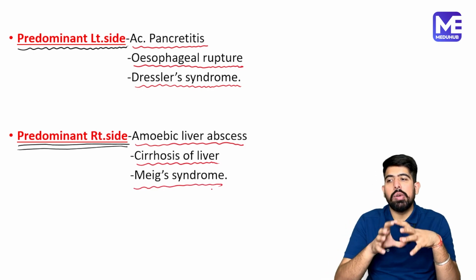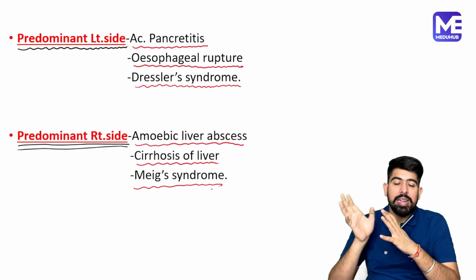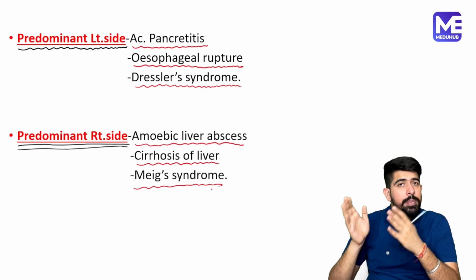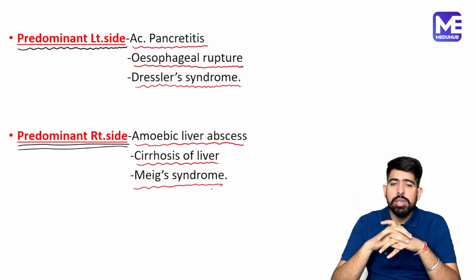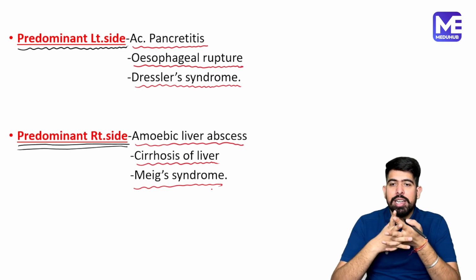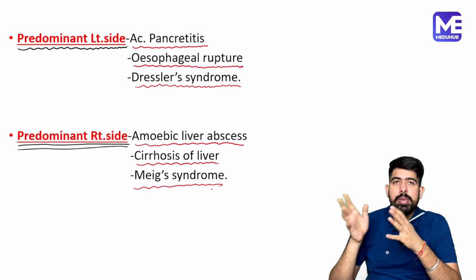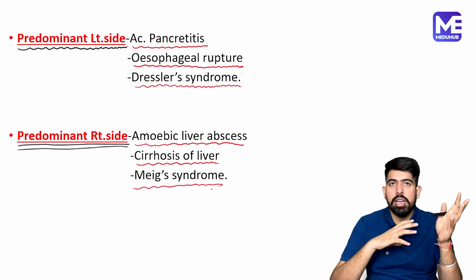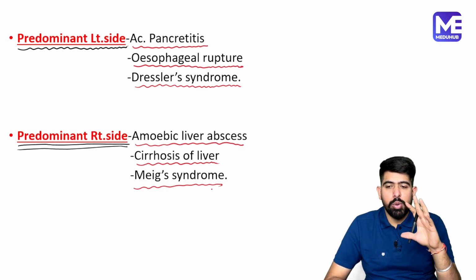If these are the causes of the pleural effusion, they will predominantly involve the right side. So some diseases depend on this, right? If pancreatitis is seen, it will predominantly involve the left side of the lungs in the pleural